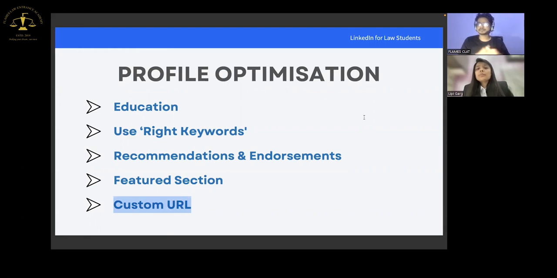So number one thing is to optimize their profile. Number one thing, and then sit down and see what exactly they have to do. So if they are in third or fourth year, by now they should be clear that what exactly do they want to do after, let's say, their graduation. So they should create their profile in that particular area. For example, if you're interested in M&A, so start connecting with people who are partners, who are senior associates, or maybe freshers also in M&A teams of maybe tier 1 law firms, tier 2 law firms. So start connecting with them.